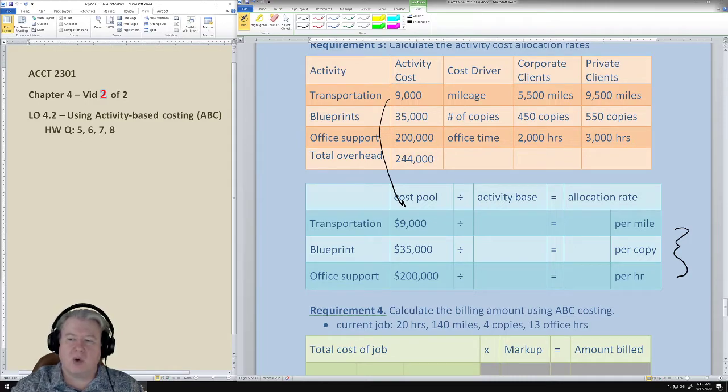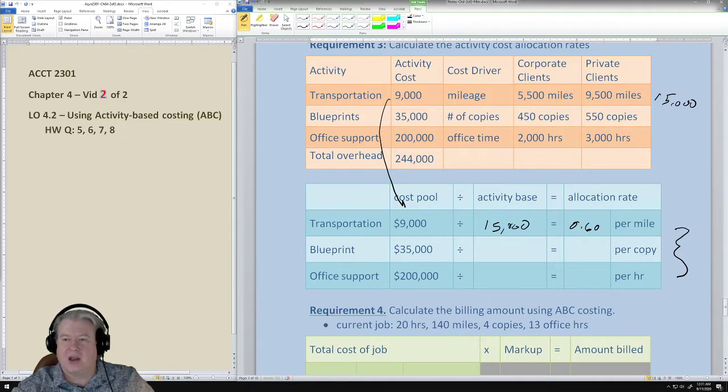What we're looking for, remember, we're always looking for the total estimates, right? We're looking for the total activity cost and the total driver. So here, this driver is actually, well, how much is that? That's 15,000, right? So we would say our activity base is not 5,500 or 9,500, it's the total amount. And so that comes out to